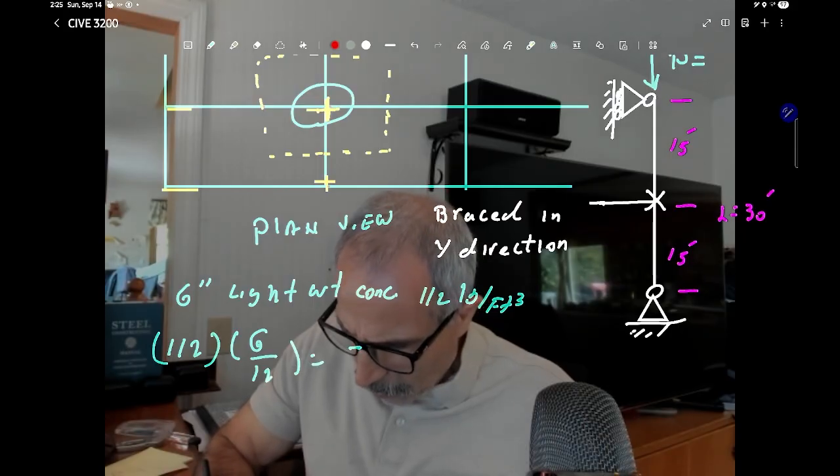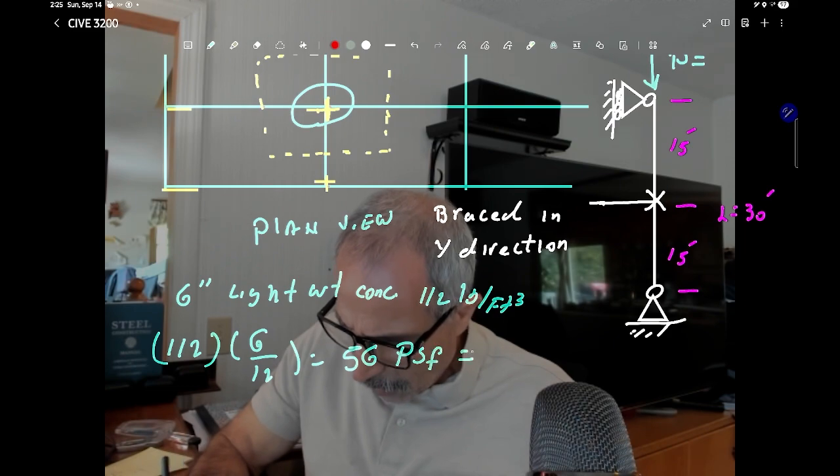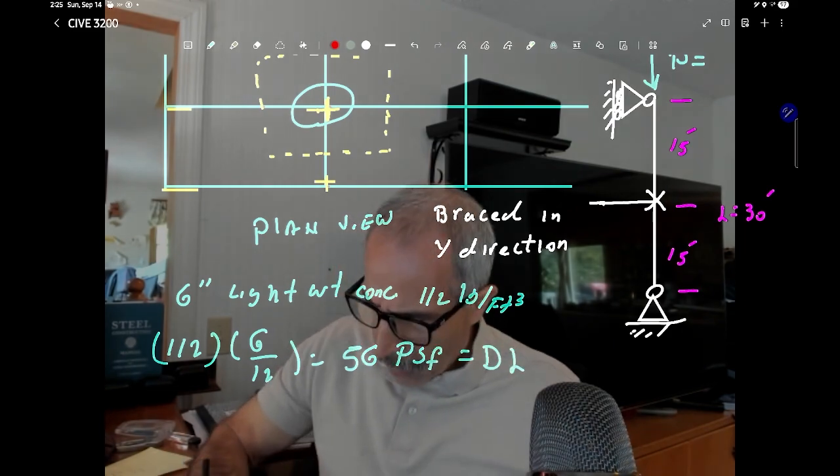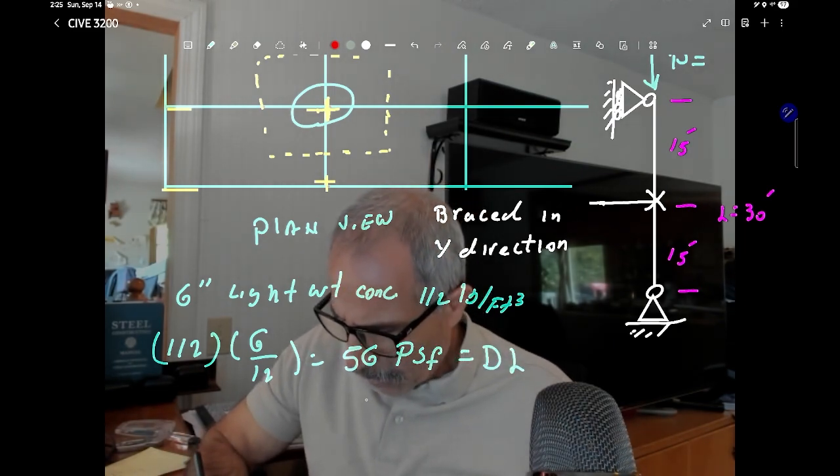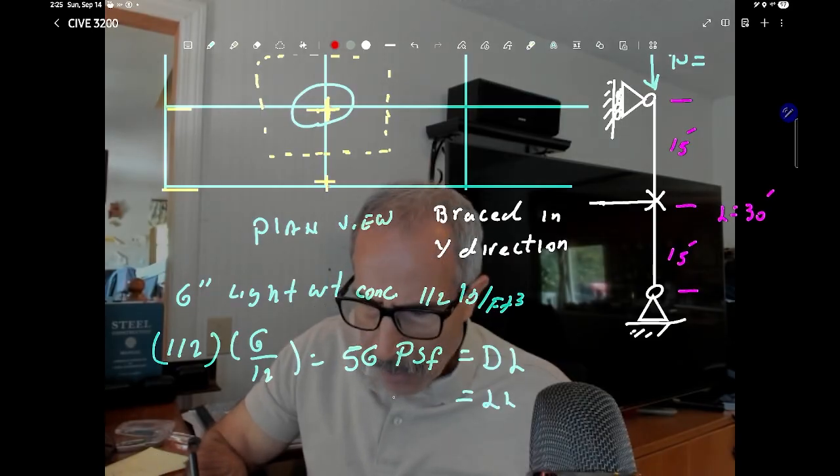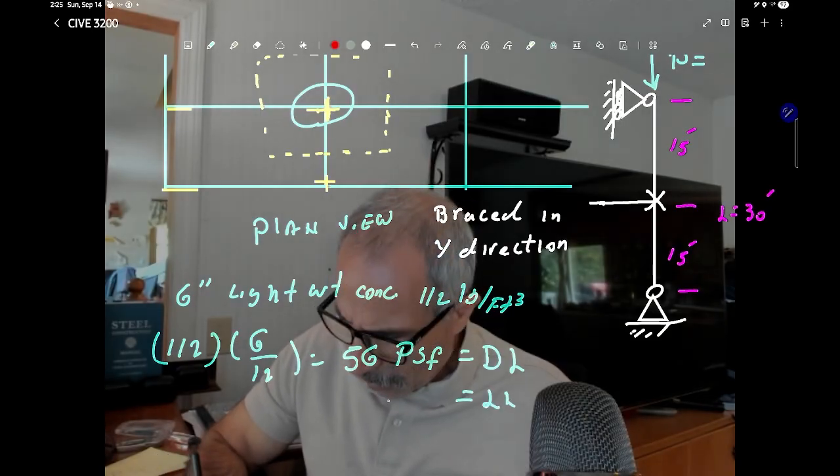So the dead load is about 56 pounds per square foot. That's dead load. And let's give it a live load of 168 pounds per square foot,